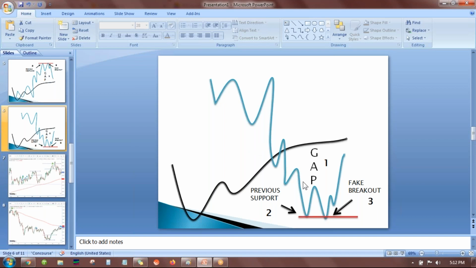Now here the same example is for a downtrend. The first point to look at is the gap between the exponential moving average and the price. The larger the gap, the better the setup. The second point: in an uptrend we were looking for a resistance, here we are looking for a previous support level. And the third point is the fake out. Here we will get a reversal candle. When this level breaks and the price immediately comes back and closes under this line, that will be called a fake breakout. That would be our setup to look at.